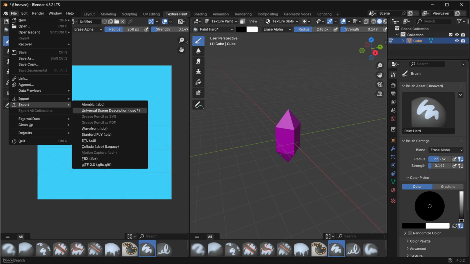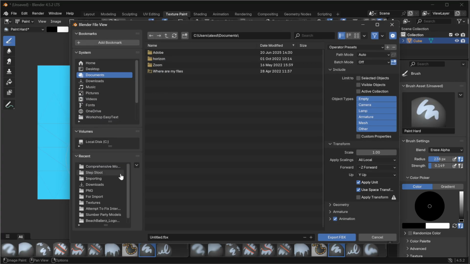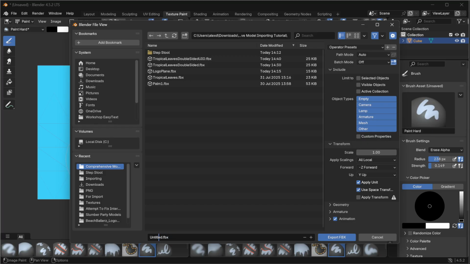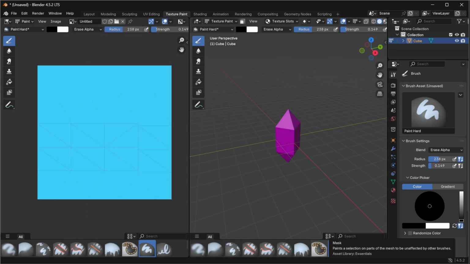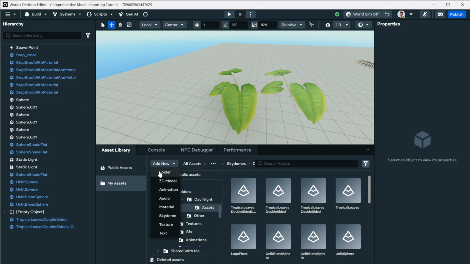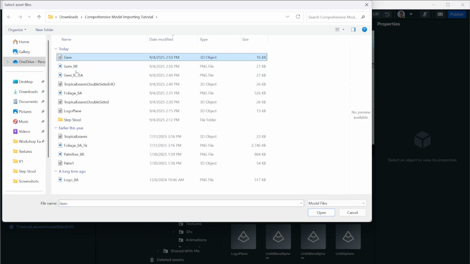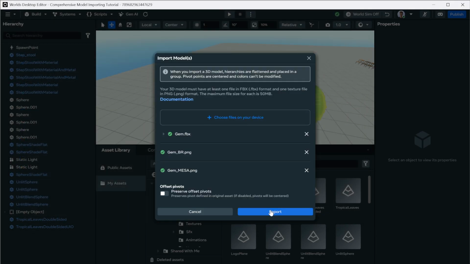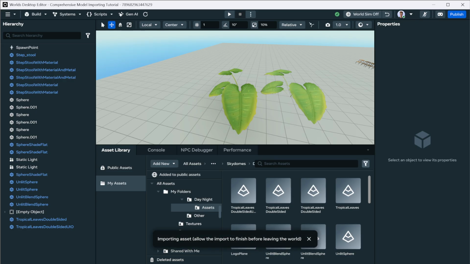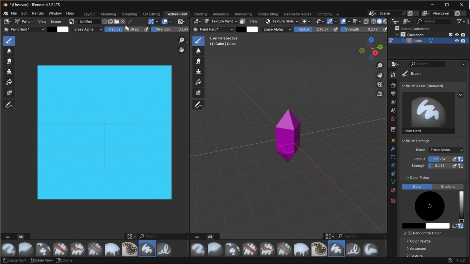So click file, export, FBX, saving that into here as gem, GEM, and export FBX. Heading back into worlds, we can now add new 3D model, no preserving pivots, choose file, gem, and the texture files, import. While that's importing, I wanted to show you in Blender that you can preview this